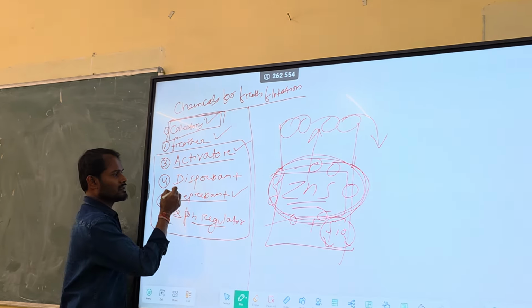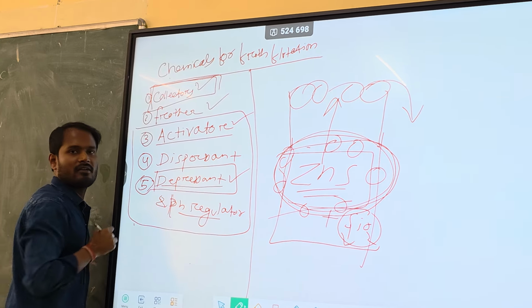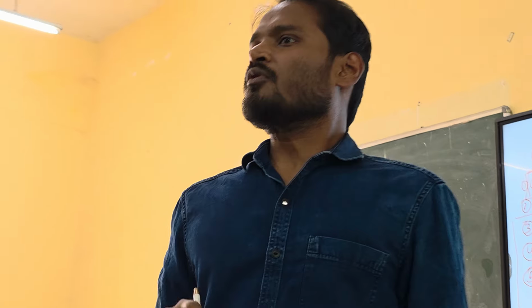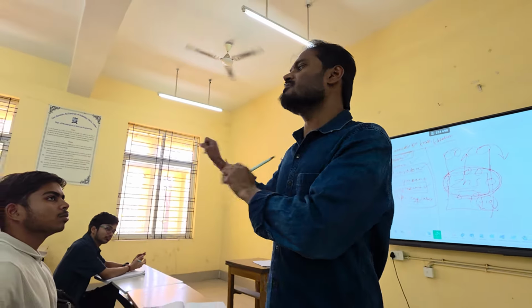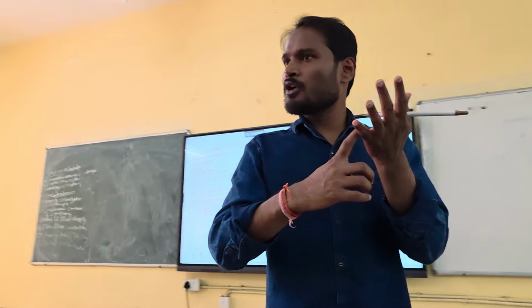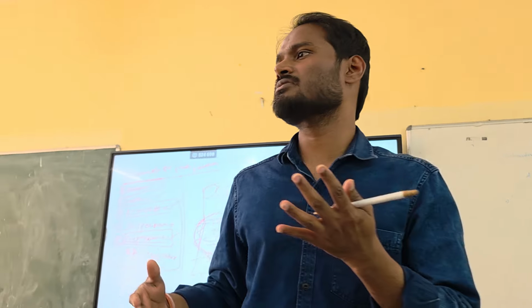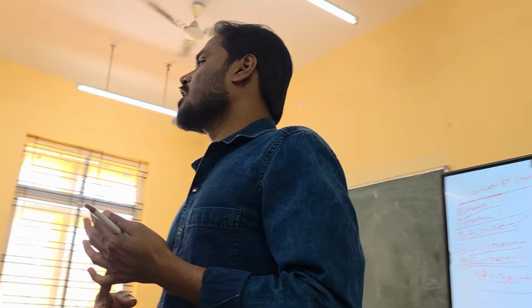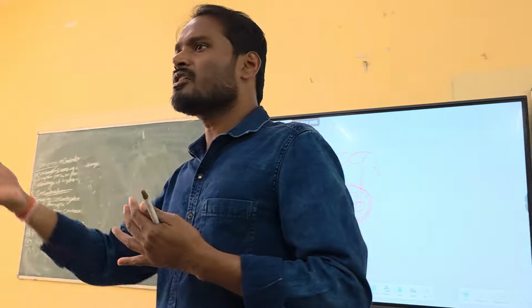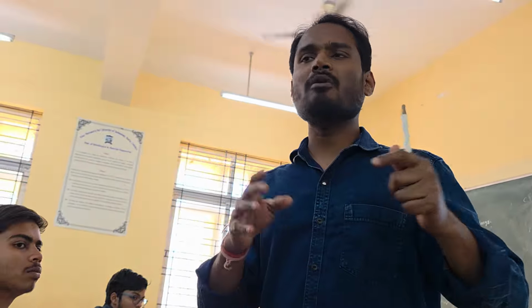Same example you can write also. Dispersant you understood, will not discuss much. This one is very important: depressant. I'll give an example. Many ores are available in sulfide form actually. For example, copper ore, lead ore, zinc ore. These are some elements which remain in sulfides, like ZnS. Copper sulfide means chalcopyrite, CuFeS2, or normal copper sulfide also. Lead sulfide, PbS. So these are some of the metals which are obtained in the form of sulfides.